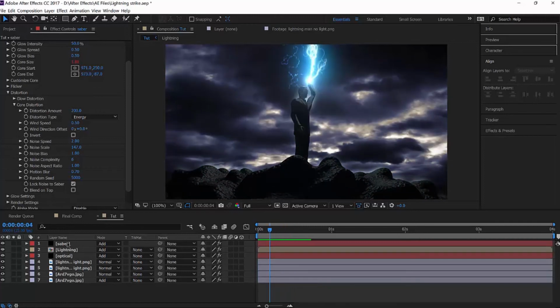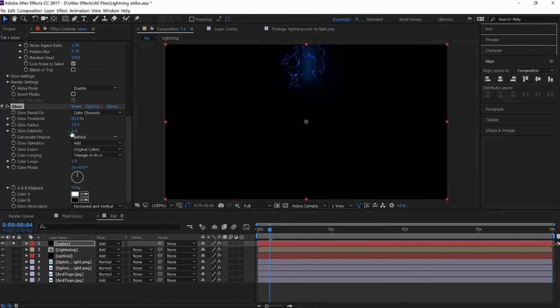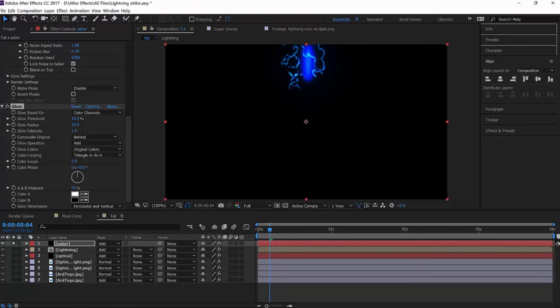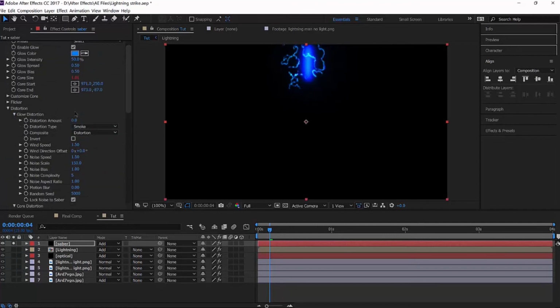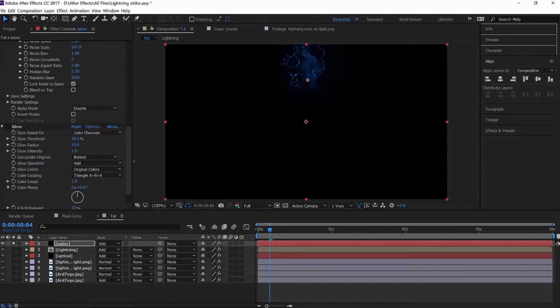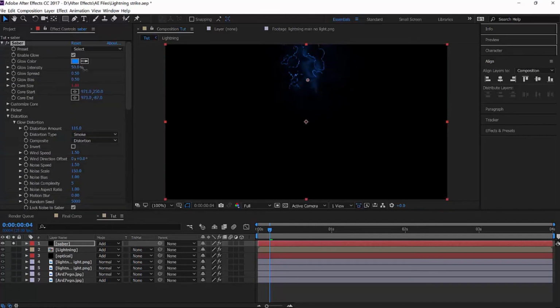Okay, so now that I have that, I've got to add a glow to this. So I'm going to solo this, bring down the threshold, but not too much. Maybe I made a mistake earlier. Forgot to tell you guys that we want to distort the glow too, right? So let's just turn off this first. I want to distort the glow here, maybe push up the glow intensity